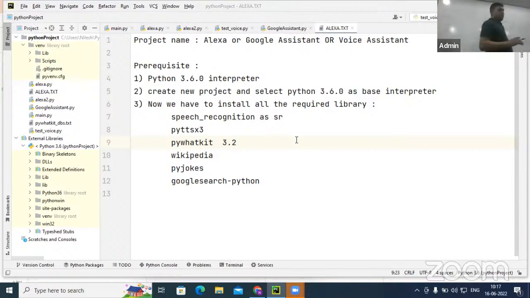Not in this project only. In any IDE you are going to install in future, you have to check the path. This will add the path automatically, so you need not do it manually. Just remember this. The next thing that you have to do is